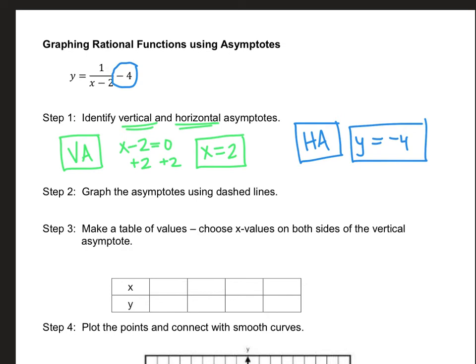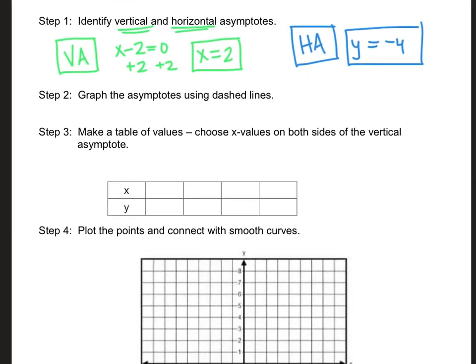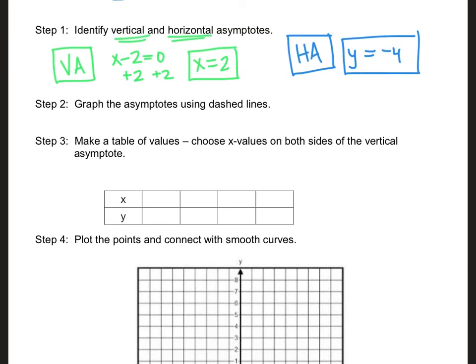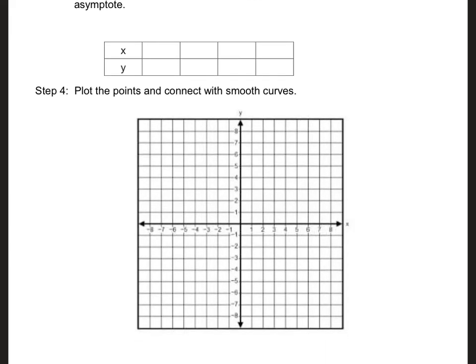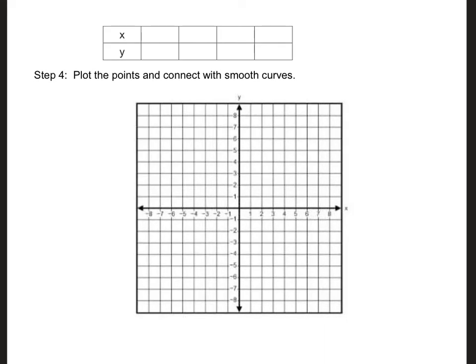All right, so that's our first step: we want to identify any horizontal and vertical asymptotes. Now we graph the asymptotes using dashed lines. So I have x equals 2, so I'm going to go to the graph. This is a vertical asymptote. It says x equals 2, so I'm going to plot the point at 2, and I'm going to draw a